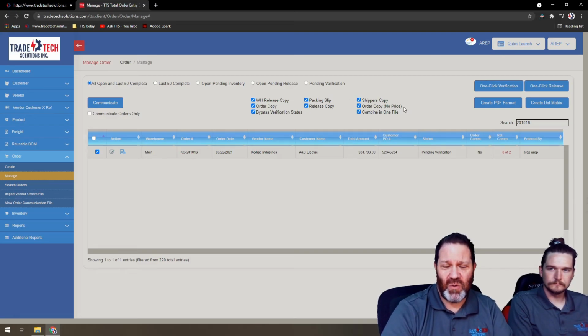We do offer the order copy with no price. Some reps want to use this as their picking ticket because it shows back orders. That's fine. That's why we have this no price option on there. Bypass verification. What that does is, notice this is pending verification. A lot of people like to print the packing slip before they ship an order or before they verify an order. This will allow you to do that. So by checking that and clicking on all these, you will get 6